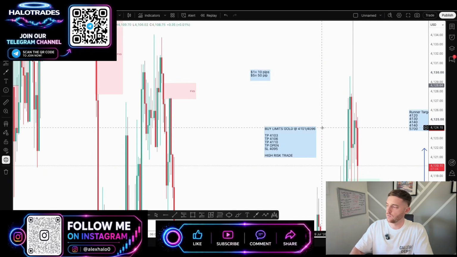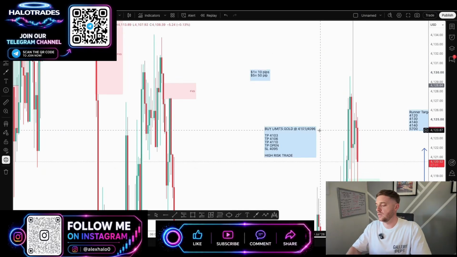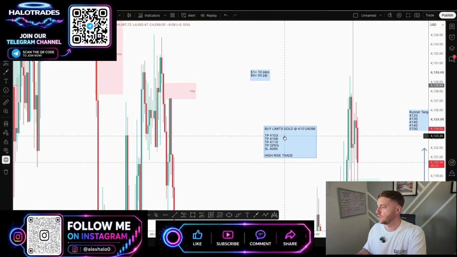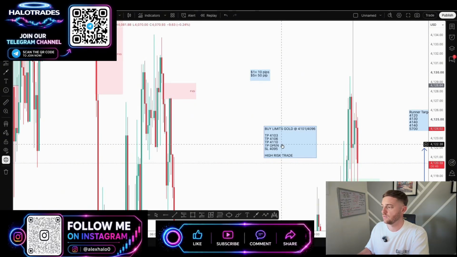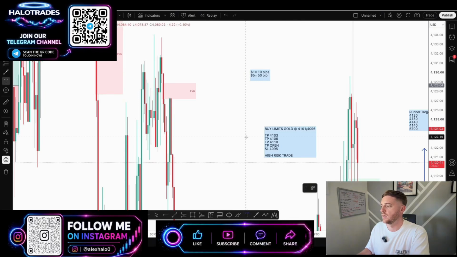Now, as we look at this entry here, we can see that we've got 4101 and 4096, and then we can also see our target TPs, which are our take profits at 4103, 4106, 4110, and then we have open TPs for any trades that may continue, and we may be able to turn them into runners. Of course, we have our stop loss